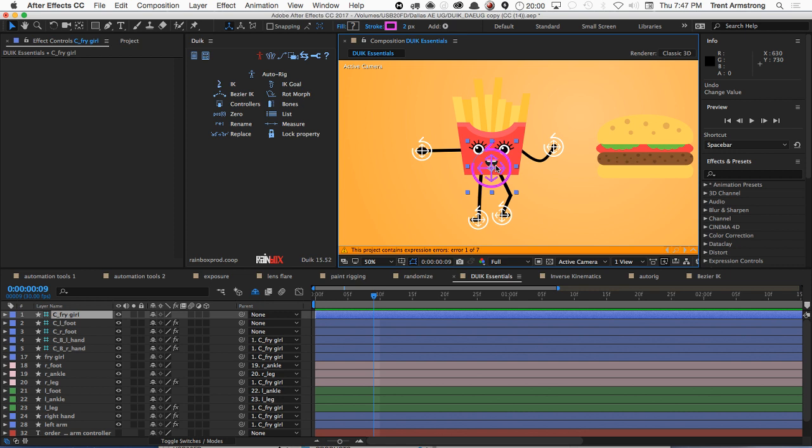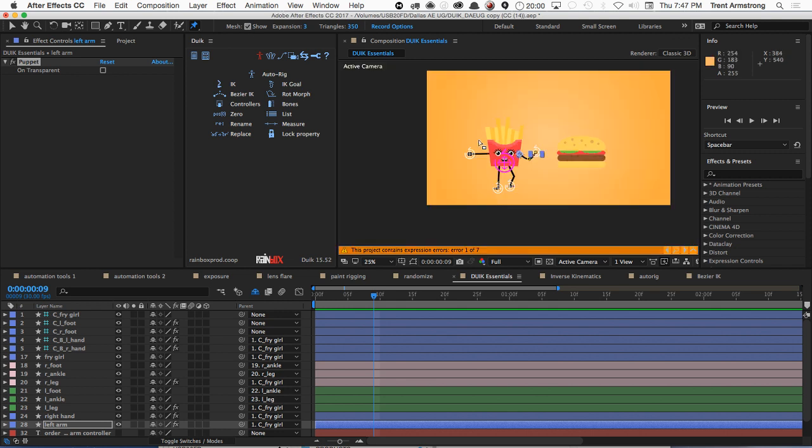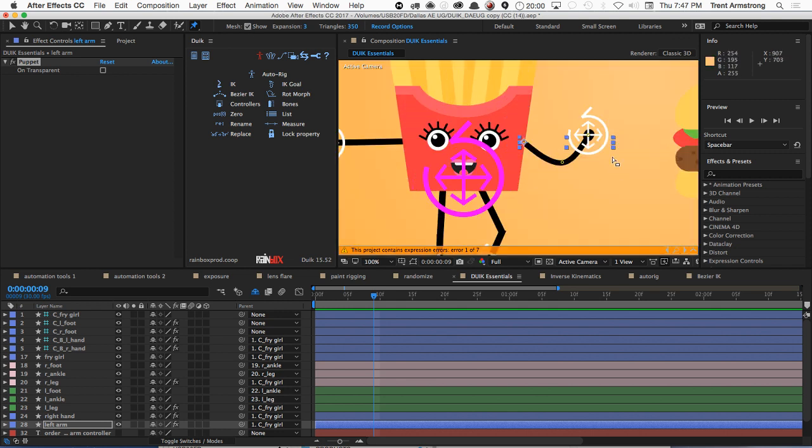So if you click on the right hand, or try left arm. Click on left arm, and then go up to Puppet Tool and turn on the mesh. Just hit escape. Oh, there you go. Show mesh. Can you zoom in and see the mesh? I don't know. You should be able to see it. Scroll. Yeah, okay. So see, that's where the mesh is, and it's reading from